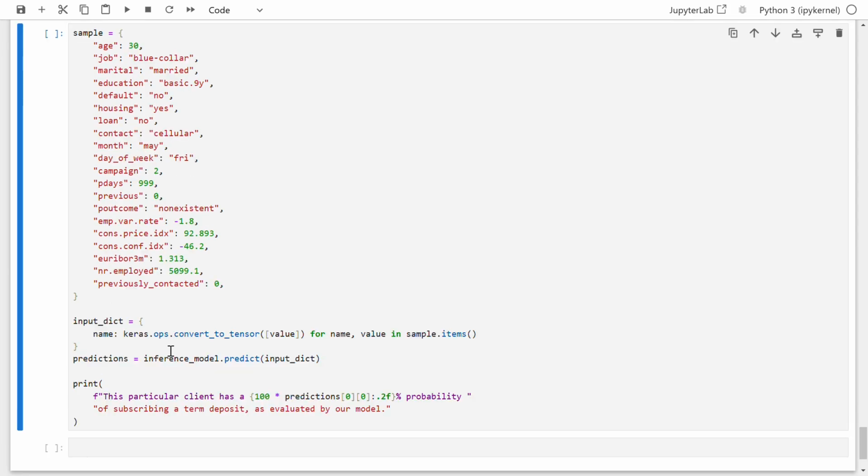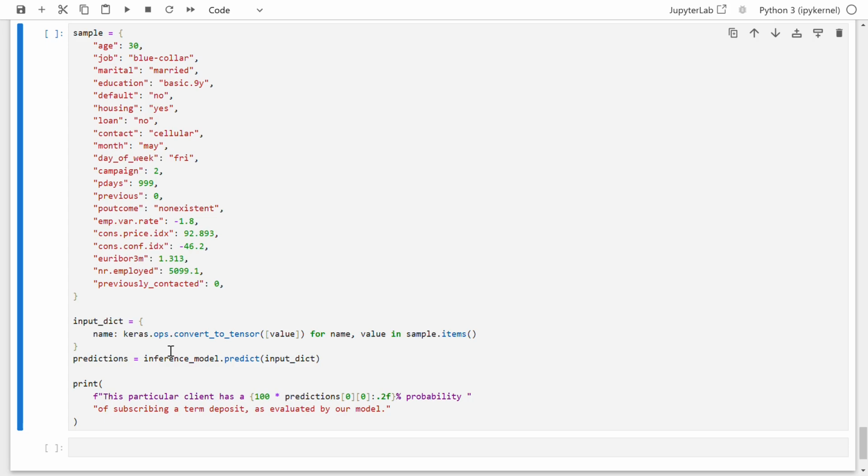So if age equal to 30, job equal to blue collar, marital is married, education is basic 9, default is no, housing is yes, loan is no, contact is cellular, month is May, day of week is Friday, campaign is 2, pdays is 999, previous is 0, poutcome is nonexistent, employment variation rate is minus 1.8,